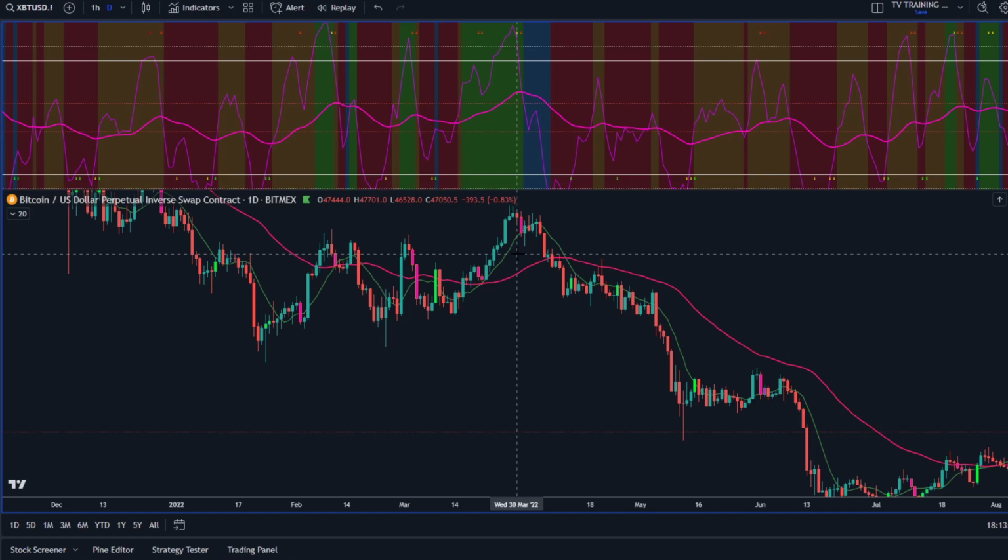You can use the 34. You can use the 21. You can use the 200, right? By the way, you can be looking at the 45 and get chopped up for a little bit because, hey, maybe it's making a mean reversion move to the 200 or somewhere nearby, and it's going to then correct on its way. That's life. Looking at it this way provides us with consistency in our approach.